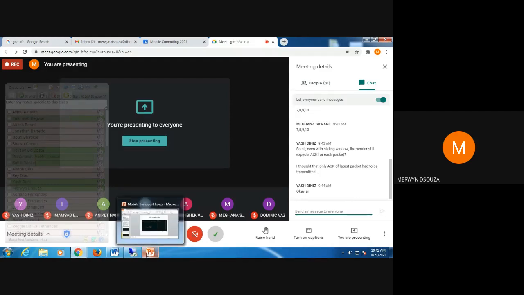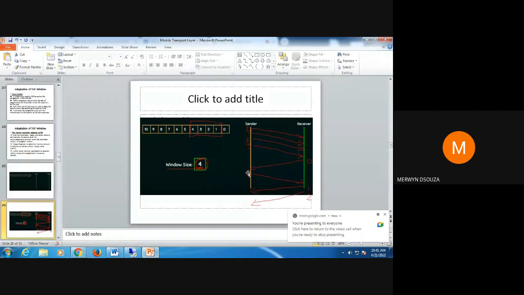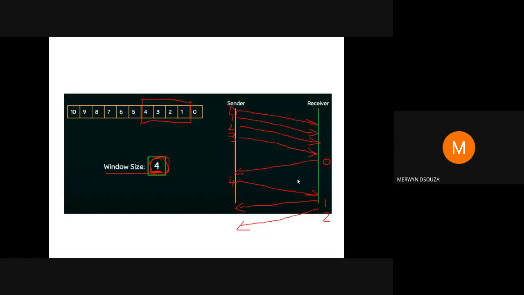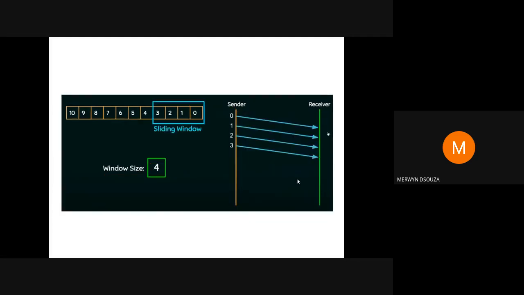That's the way it will work, and you will get the packets that are transmitted next as 7, 8, 9, 10. Basically, the sender will keep sending the number of packets equal to the window size, and then wait for the acknowledgements to come. The moment the acknowledgements come, it will start transmitting again. So just look at this example that was previously on the slide. First the sender sends 4 packets, then it waits for at least one acknowledgement to come before it can send again.